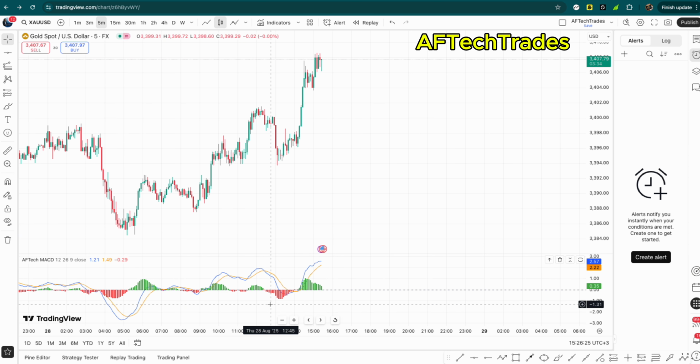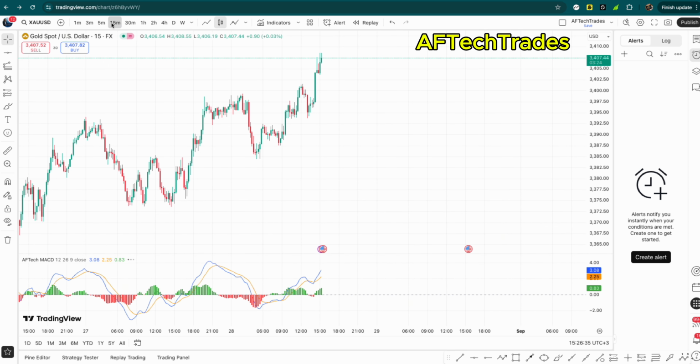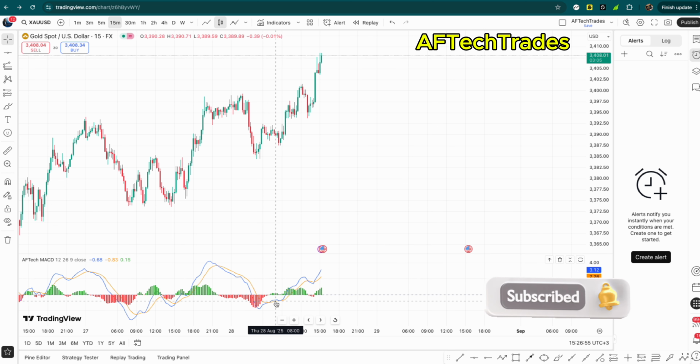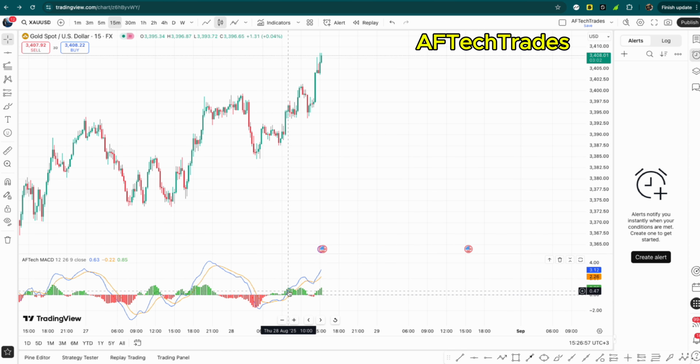The winning probability is higher, the sensitivity is higher than the normal MACD, and it works on all time frames. You can use it on 15 minutes, you can use it on a higher time frame, 1 hour or so. And what are the rules in trading MACD? We have different rules, but one of the best rules in trading MACD is when your 2 MA lines move above the histogram,